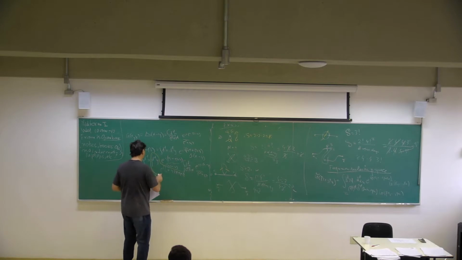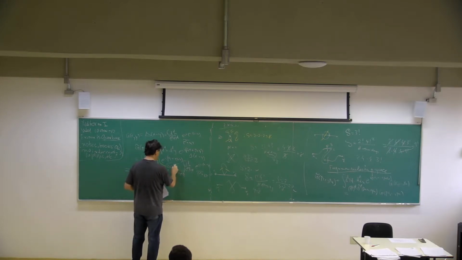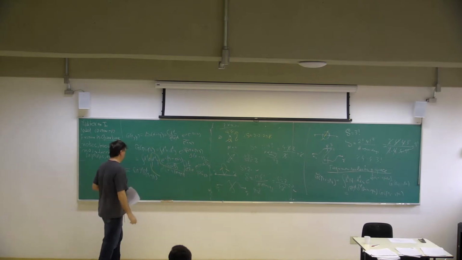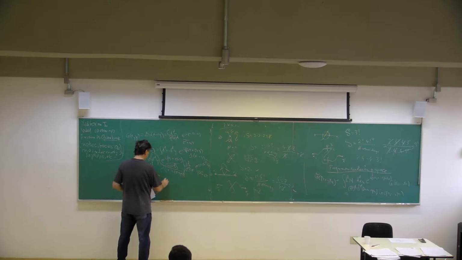And I should have shifted this. So x minus y, call it x tilde. Right, so now I'm left with the integral d^d x tilde e to the I x tilde